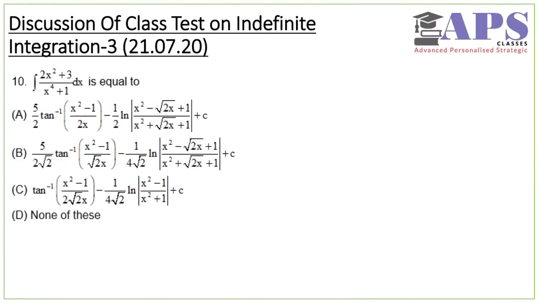So in this question, it is of biquadratic form. I need to get in terms of x square in the numerator, which is there. So I have to divide by x square, both the numerator and denominator. But before that, I have to simplify the numerator. Numerator 2x square plus 3. I want to write it as x square plus 1 and x square minus 1 in terms of this, then it will be easy for us to solve it.